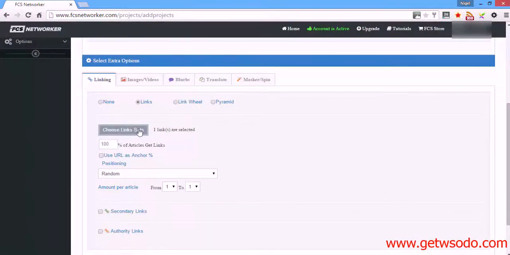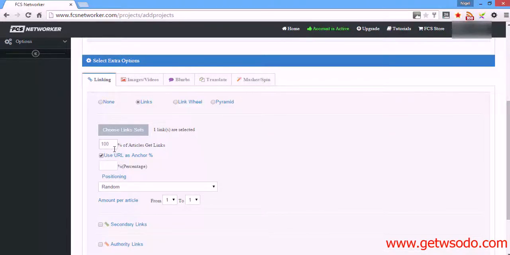Then you've got various options. So 100% of articles get links. Generally yes, otherwise there's no real point posting, to my mind. Use URL as anchor, which obviously is something that Google likes. It's just what they call a branded anchor text or a naked anchor text. So what we'll do, we'll say 50%. So basically 50% of the links that are placed will just be the URL. So http